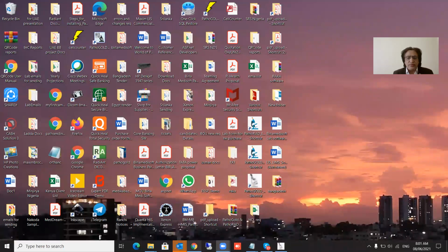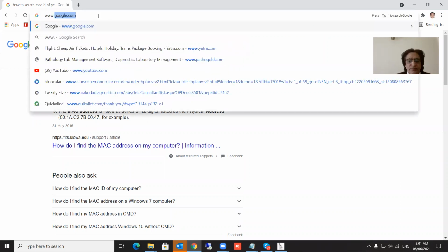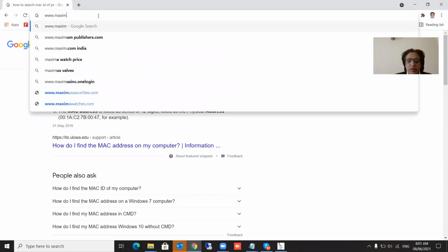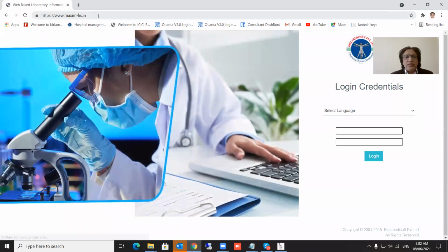So I'll be showing you my screen and I'll be demonstrating the software to you. So I go to the software. The software is also cloud-based, as well as it can be installed locally. So both options are available. So here is the software.